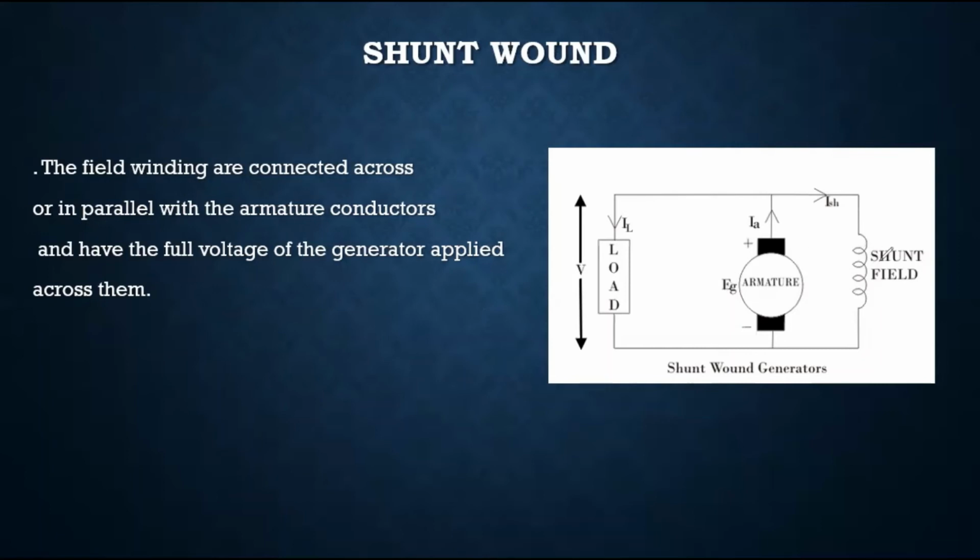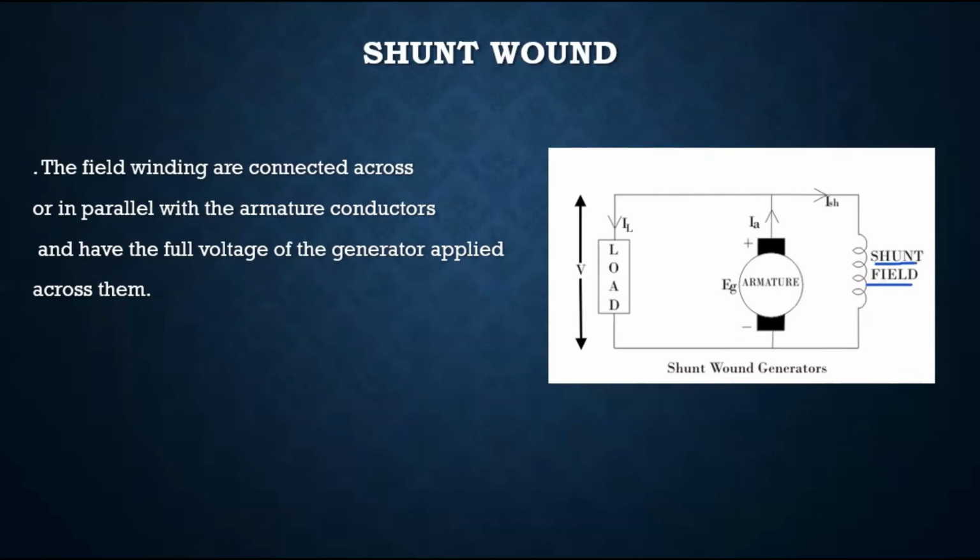Initially the magnetic field is created due to the residual magnetism, and later on, due to the residual magnetism, an amount of armature current is created. That armature current then goes as a field current and also as load current. When this field current reaches the electromagnet, a magnetic field of more strength is created, and our armature is placed in the magnetic field. So the basic function of our generator will work. When our field winding is placed in parallel to our armature, we call it shunt field winding.